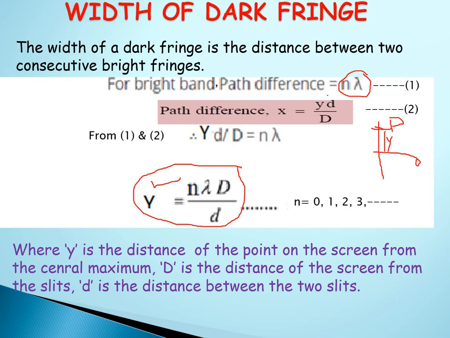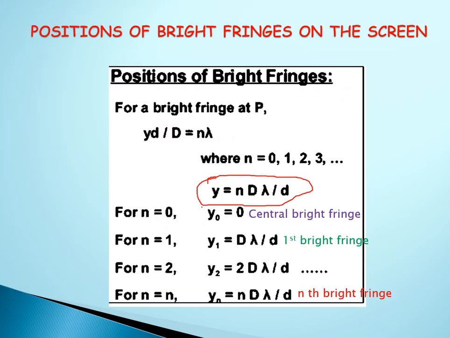So for a bright fringe, the path difference should be n lambda. The general equation for path difference is x is equal to yd by D. We are equating these two. So yd by D is equal to n lambda, or y is equal to n lambda D by d. What is y? It is a position of the bright fringe. We need this equation for solving problems. So remember very well, the position of a bright fringe on the screen from the central maxima is n lambda D by d. Okay. Now here, when you write the derivation for examination, you can skip this slide because I have written this just for your understanding.